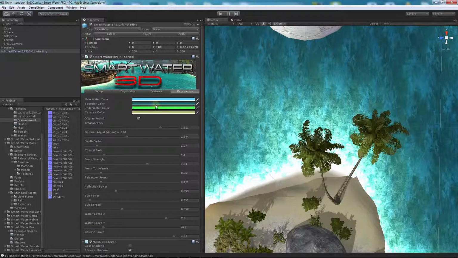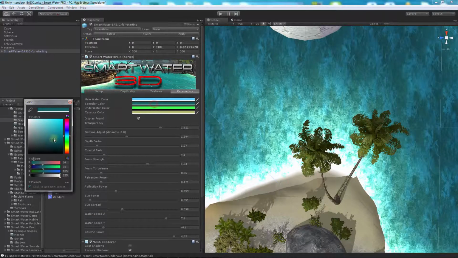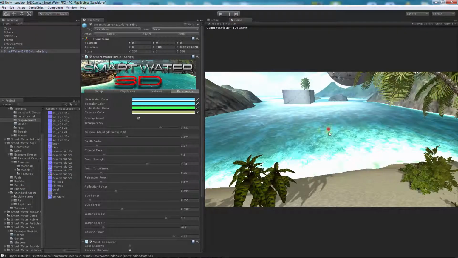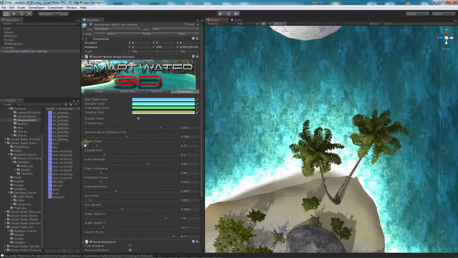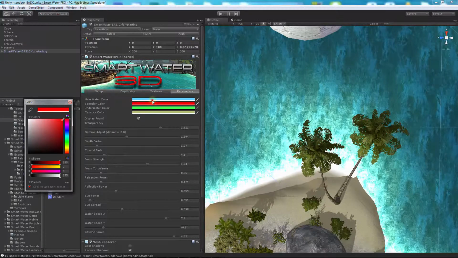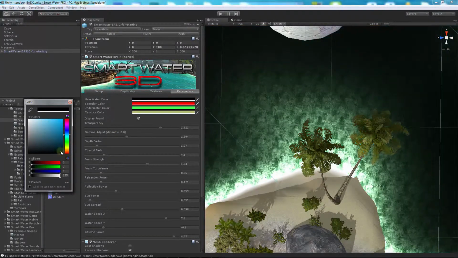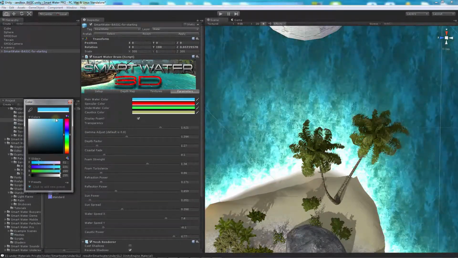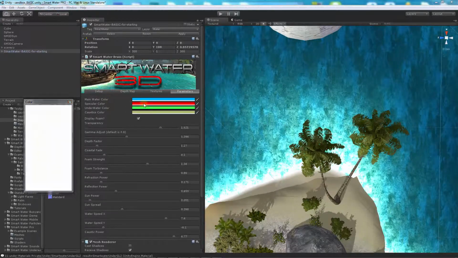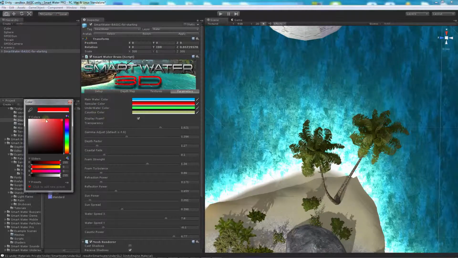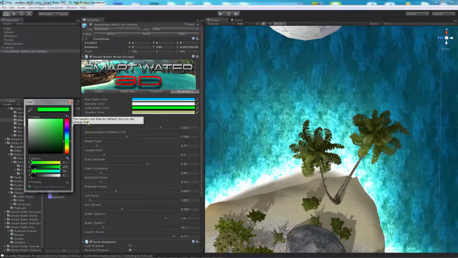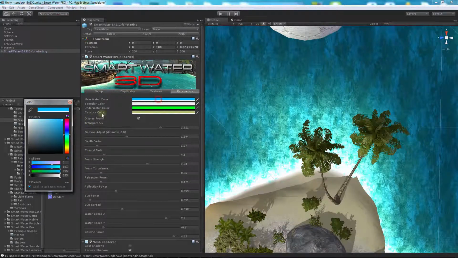Okay, so what else with the color? The specular color is not used too much. It really depends on the orientation of the camera and the sun, but it doesn't have too much implication, only if you remove the main water color. But the underwater is very important. So for example,